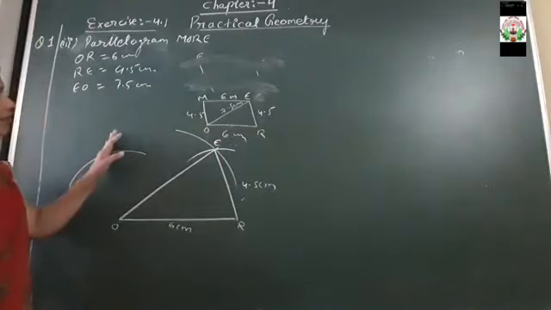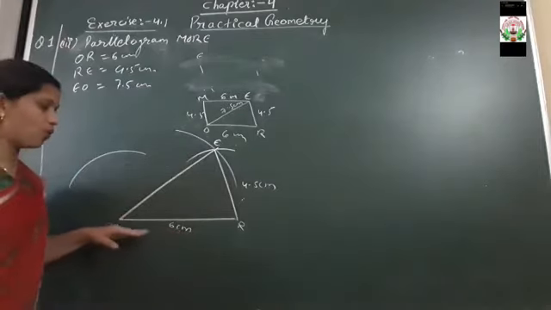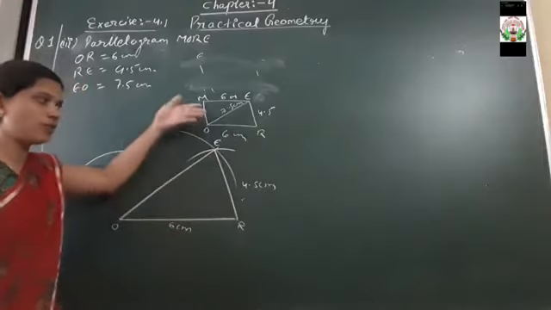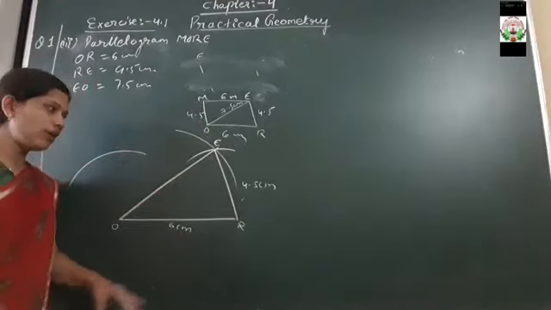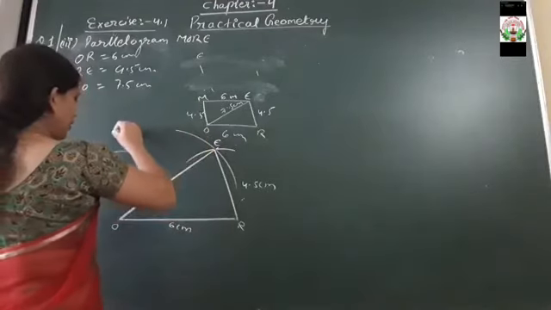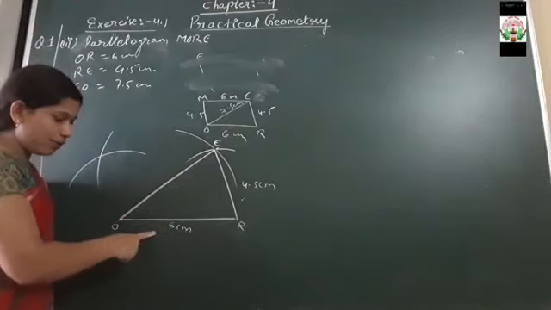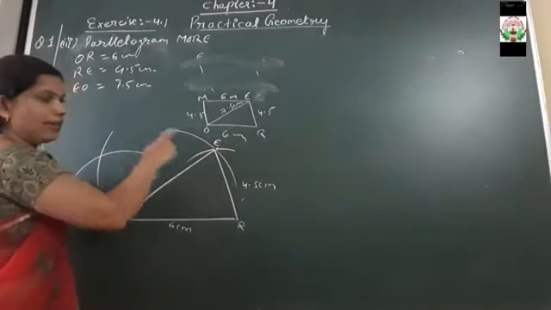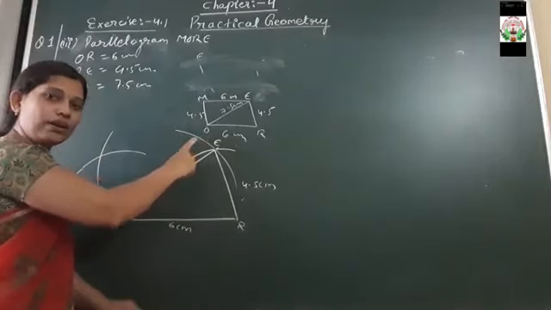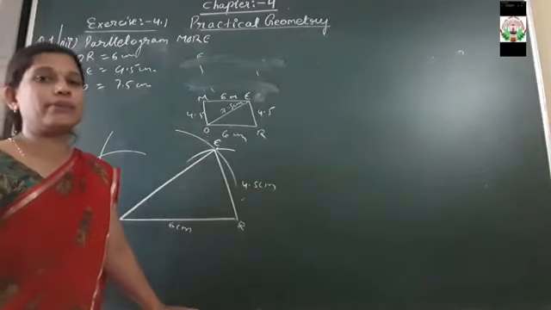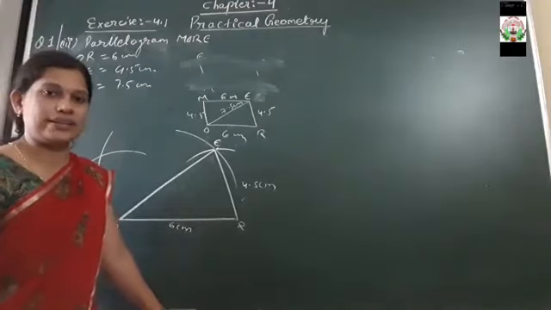Now after this, here this one is 6 centimeter. Measurement of OR is 6 centimeter. That means its opposite side is also equal. So measure 6 centimeter on the mouth of your rounder. Keeping the needle at point E, draw an intersection point. 6 centimeter measurement has to be taken. Why? Because this OR will be equal to ME, the opposite side of the parallelogram. Why will it be equal? Because it is the property of a parallelogram that its opposite sides are equal to each other. That is why. Okay.